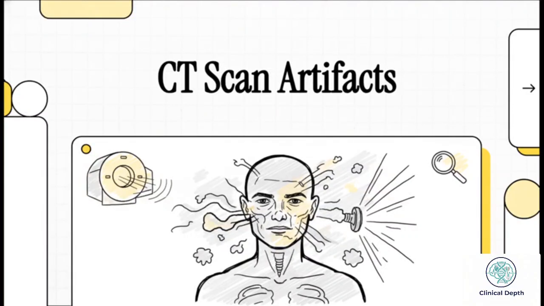You know, CT scans give us this absolutely incredible window into the human body. I mean, they're one of the most powerful tools a doctor has, but they're not perfect. Sometimes these super complex images have strange imperfections, these visual glitches. You might even call them ghosts in the machine. And these can actually hide what doctors are trying to see. They're called artifacts. And today, we are going to pull back the curtain and see exactly what they are and